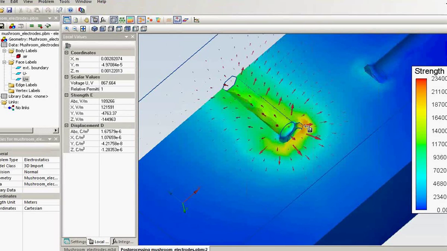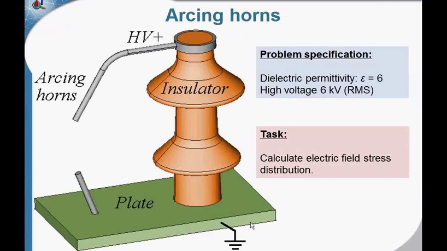Now let's move to the last example. This is the arcing horns added to the bushing insulator. The purpose of this device is to protect the insulator. This insulator is designed to withstand the voltage of